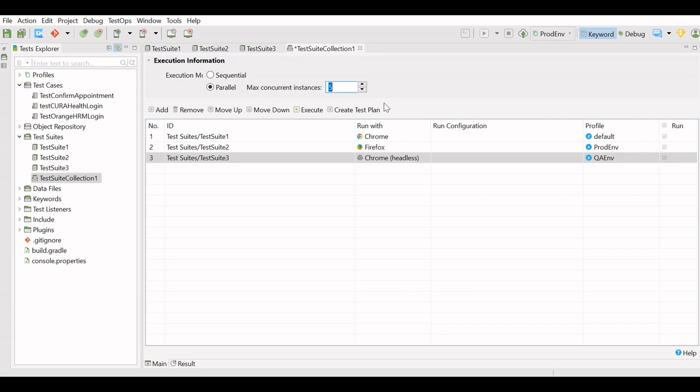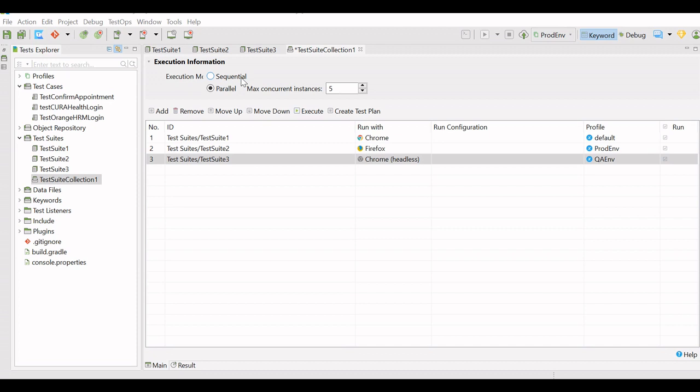Even if Katalon is not a performance testing tool, it has provided us this small facility to check the performance of the application. For the current execution, I will select sequential and click on the execute button to execute the test suites in the test suite collection.